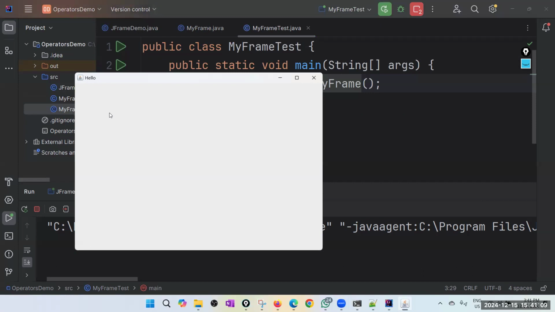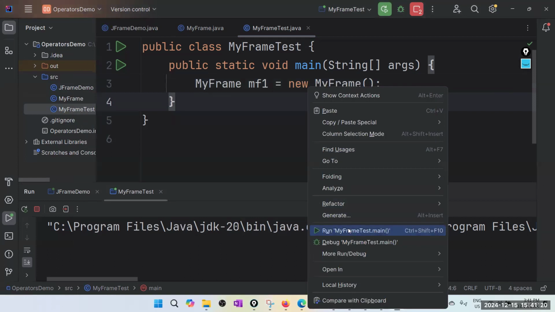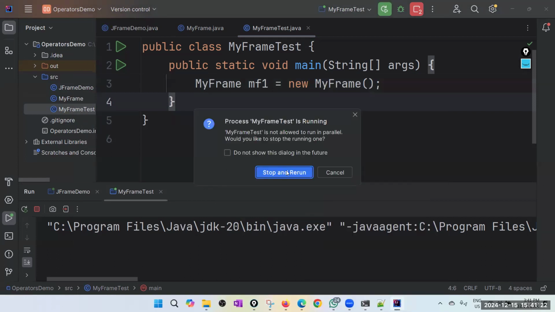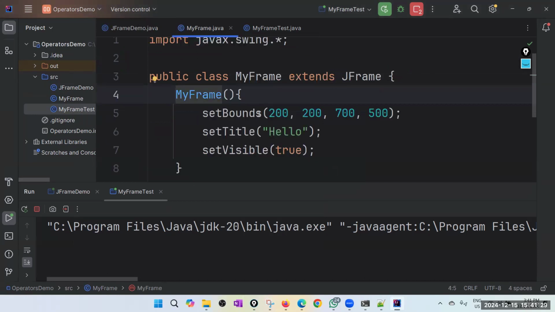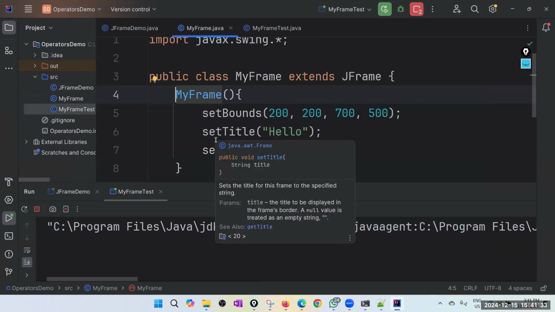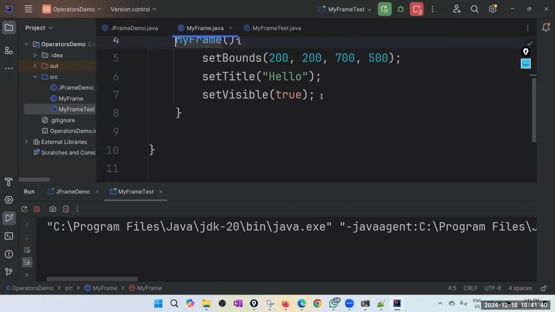So likewise, you need to gradually add more and more features, right? So you can see every time I close this, but again when I run it, it says my program is still running. You can see I need to say stop and rerun. The reason is by default, when you close your window using the close button, it doesn't stop the program. It just makes your window invisible. So if you want to terminate your program,